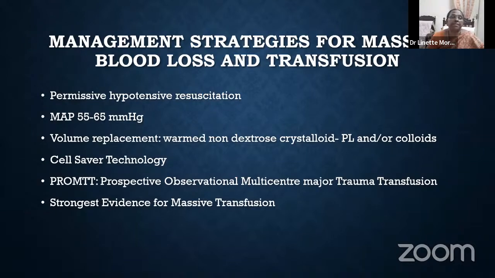So in permissive hypotensive resuscitation, a mean arterial pressure of 55 to 65 is aimed at, so that the organ perfusion is maintained, and once the bleeding is controlled, then we can proceed with the normal resuscitation. Another aspect of this is hemostatic resuscitation, that is early resuscitation with blood products such as packed RBCs, platelets,